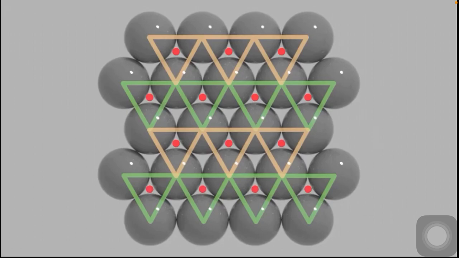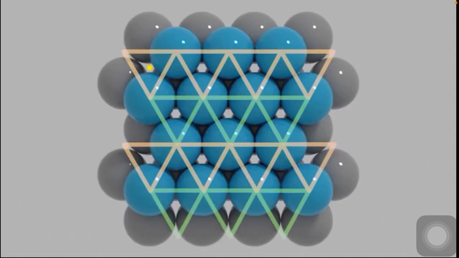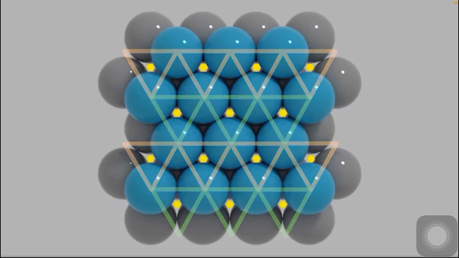Now place the second layer on these red dots, and these red dots are the center point for the atoms of second layer, like this. Clear? Now again mark points for the third layer. This is the side view of these two layers. Now again mark the points for third layer. These are the dots for third layer.